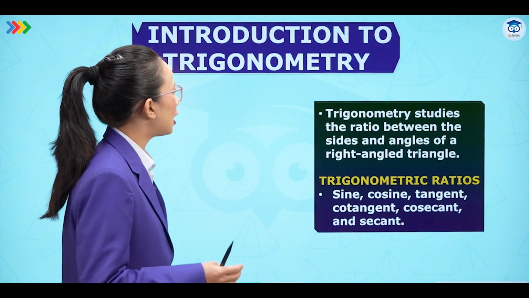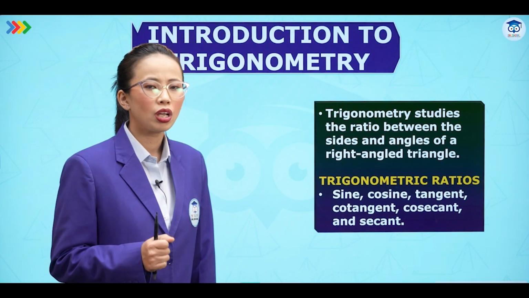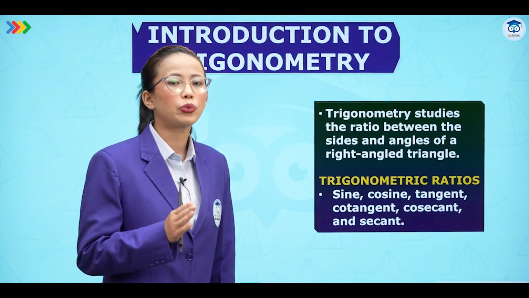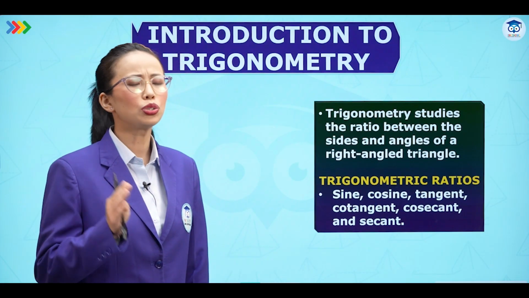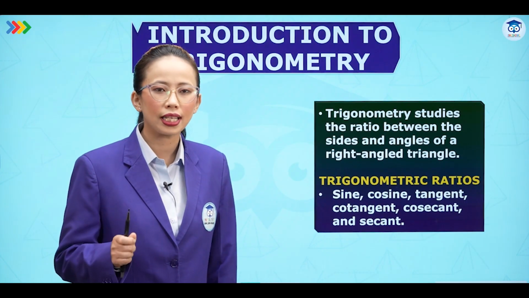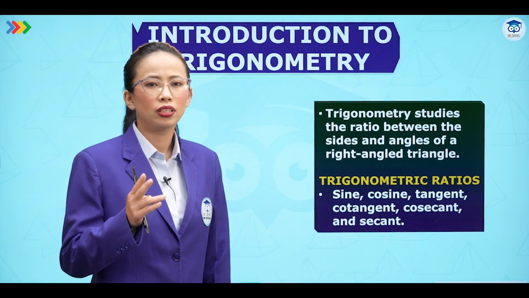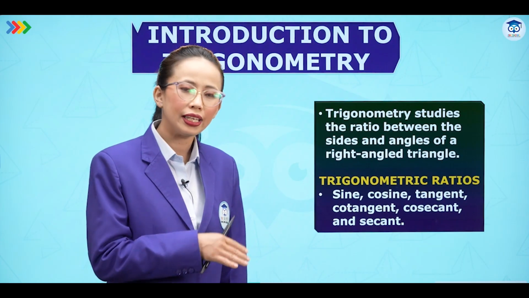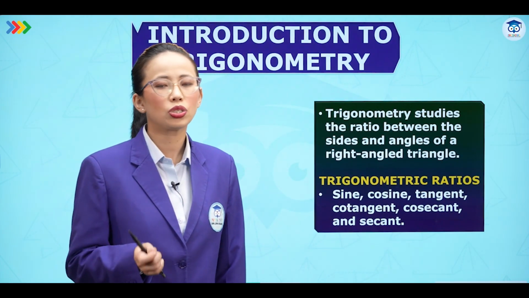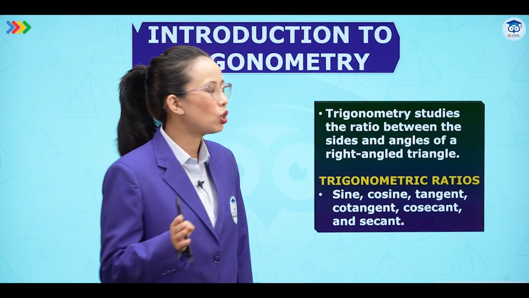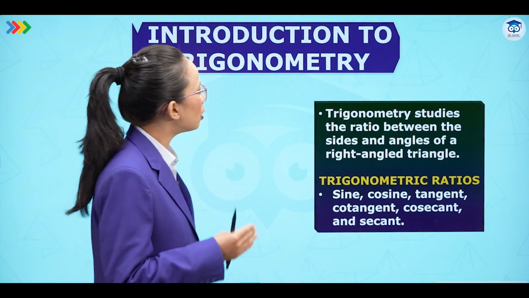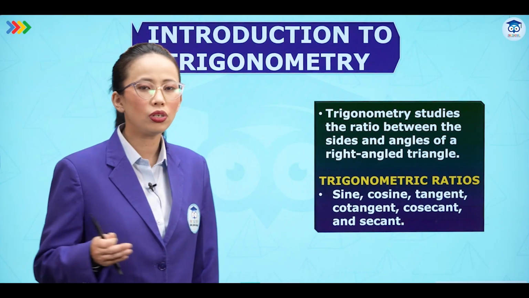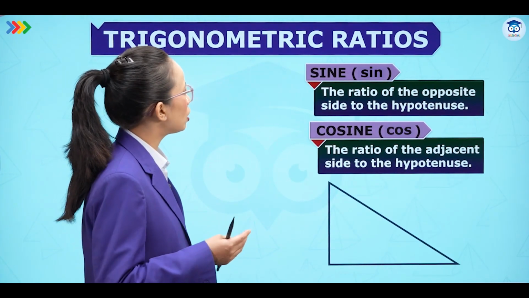Moving ahead, when we study trigonometry, we require a right angle triangle and we are going to deal with the sides and angles. If you know one angle and one side of a right angle triangle, or two angles or anything, then you can easily find the angle or the side associated with it. So there we need angle and side. Here we are going to learn a few trigonometric ratios, like sine, cosine and so on. Let's study what these trigonometric ratios are.